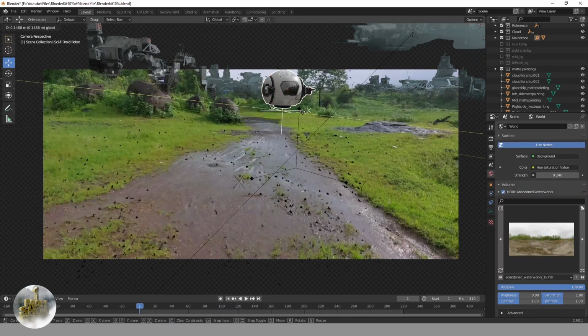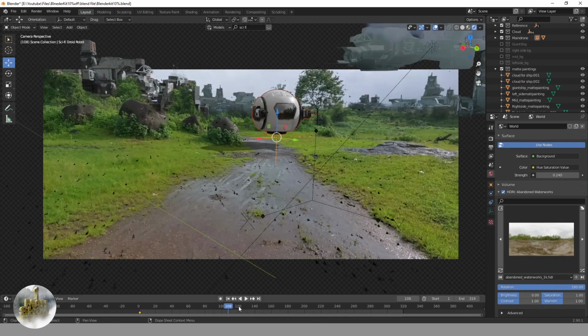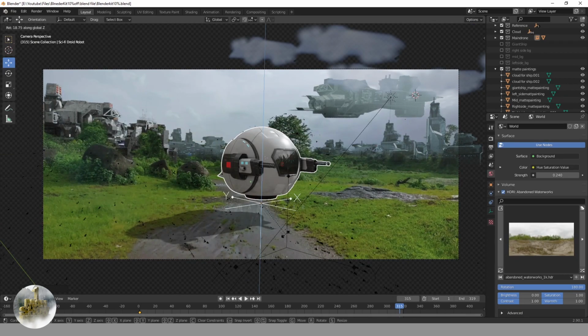After done with the matte painting, then I simply put the location and rotation keyframes on our drone.